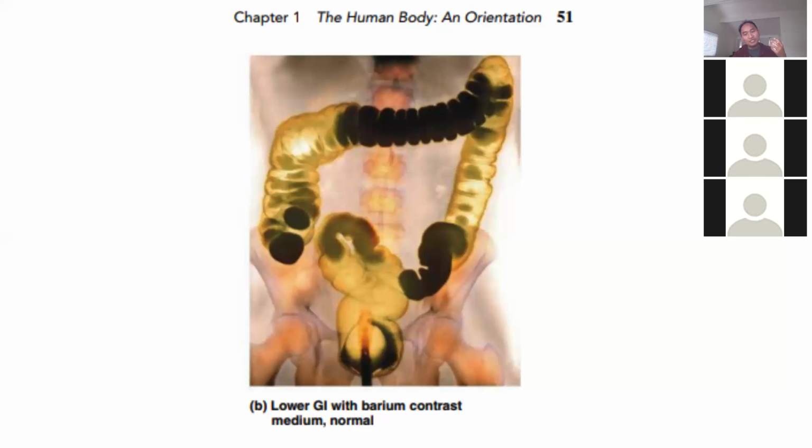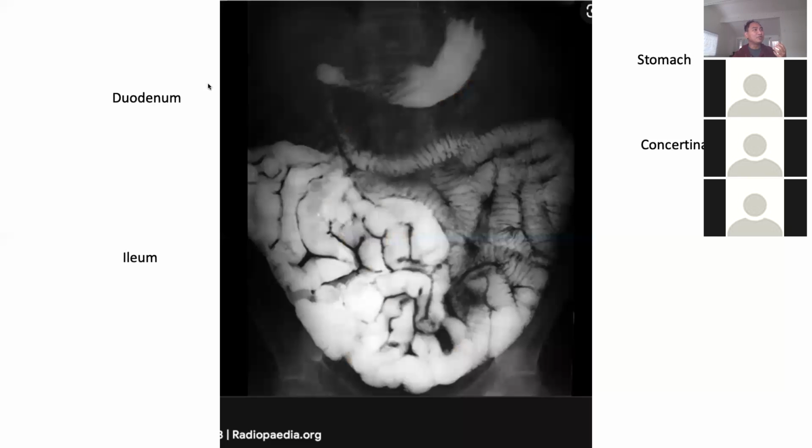Something like the duodenum is attached to the posterior abdominal wall. But the jejunum and ileum hang inside, floating and moving around inside the abdomen along the mesentery. So we need to know what the mesentery is. What is the mesentery? But at the moment, we just follow the order: stomach, duodenum,